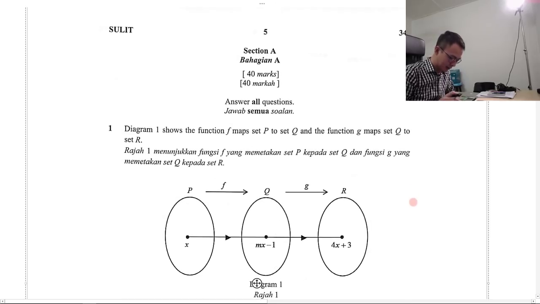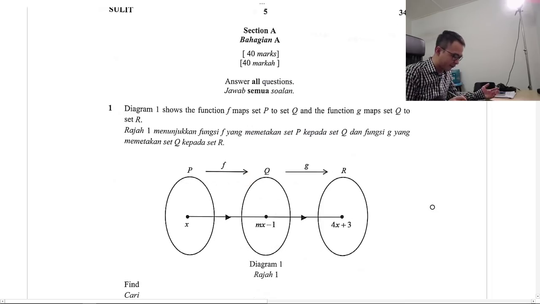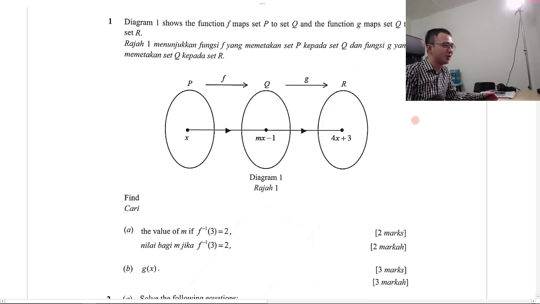Diagram 1 shows the function f mapping the set P to the set Q, and the function g mapping the set Q to the set R. So basically you have this question over here, and the first part asks you to find m, given f inverse of 3 equals 2. The easiest way of doing this kind of question is like